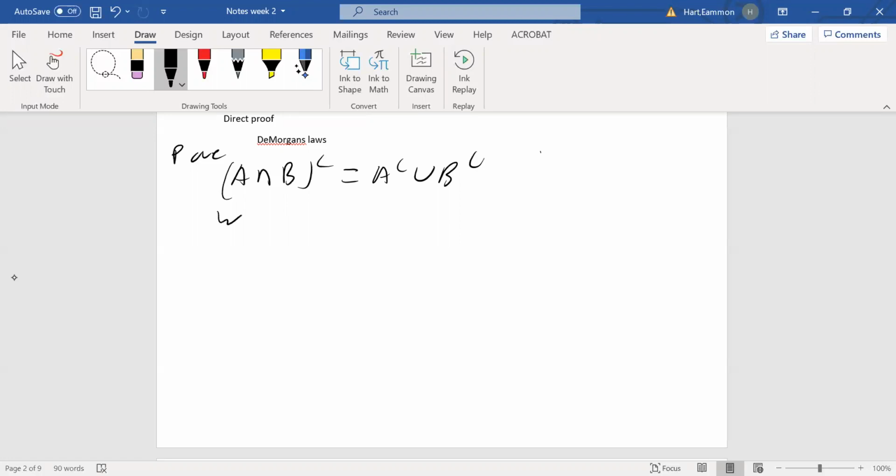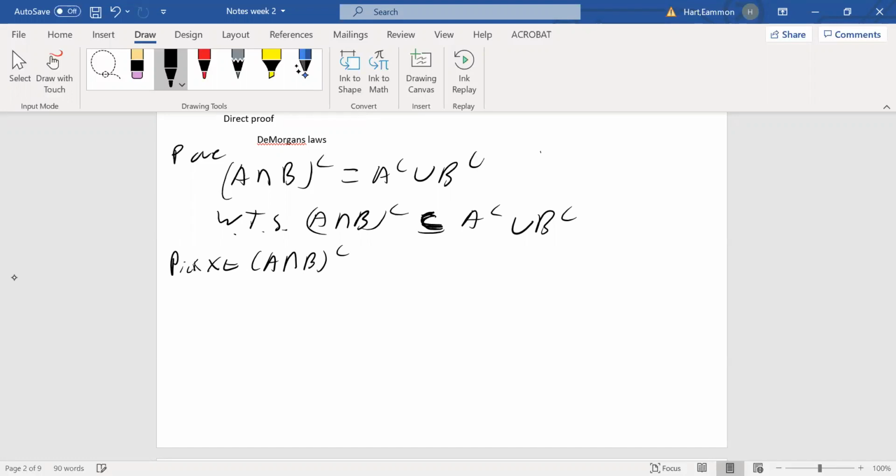So first, we wish to show that A intersect B complement is a subset of A complement union B complement. How are we going to do this? We're going to pick an arbitrary x in A intersect B complement, and we're going to show that that x is in A complement union B complement. So if